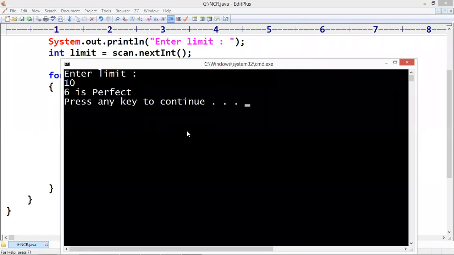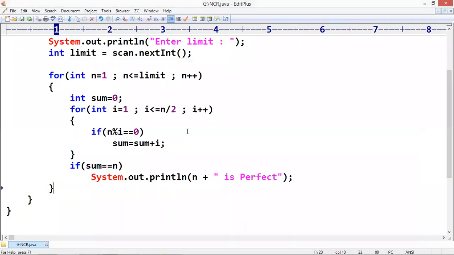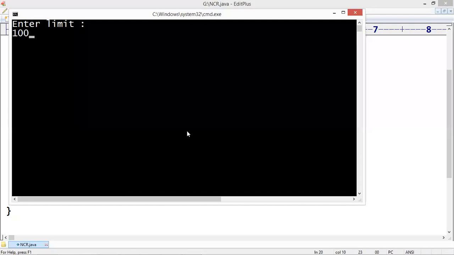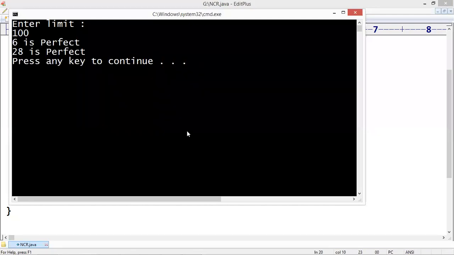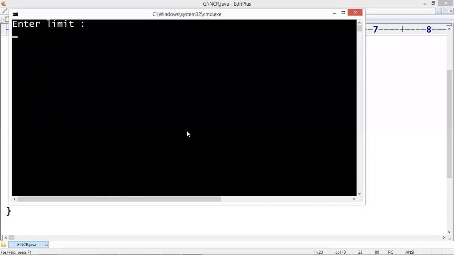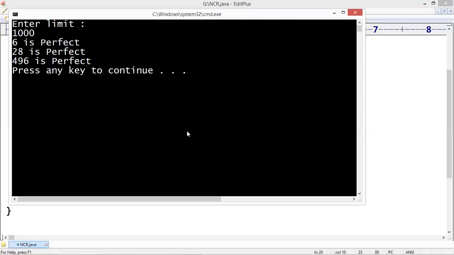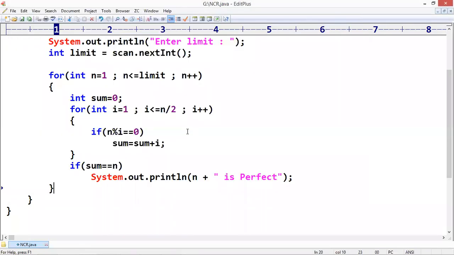Between 1 to 10, there is only one perfect number. Between 1 to 100, there are two perfect numbers, 6 and 28. From 0 to 1000, only three perfect numbers are available, 6, 28 and 496. So manually, if you want to calculate, so much time it will take. The advantage of programming is that the system will calculate much faster. You can find out easily.